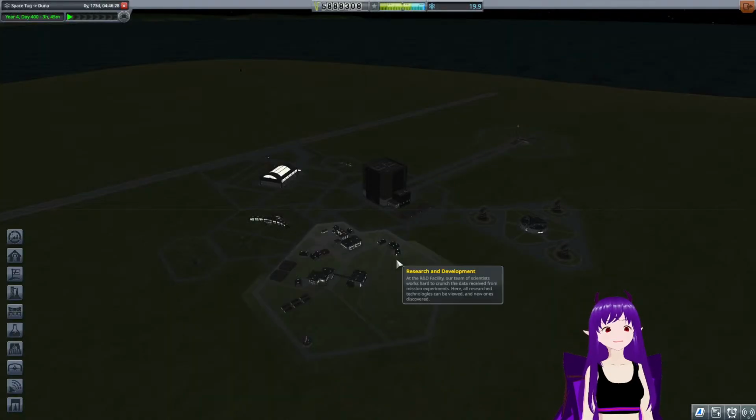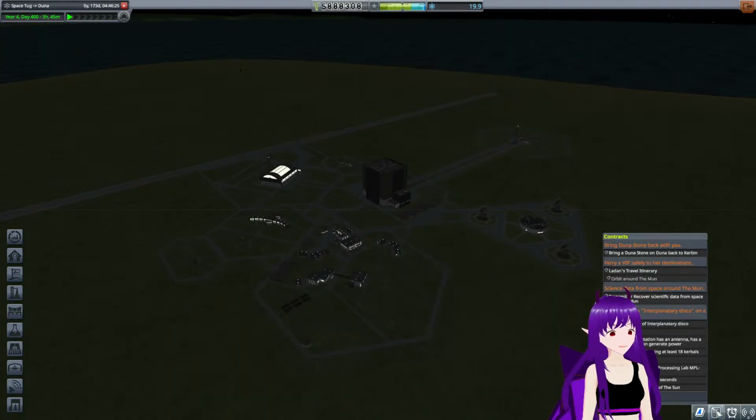I'm just going to check. We'll just double check the missions. I've got a moon orbit scheduled. Transfer it. I have to do those things well, but